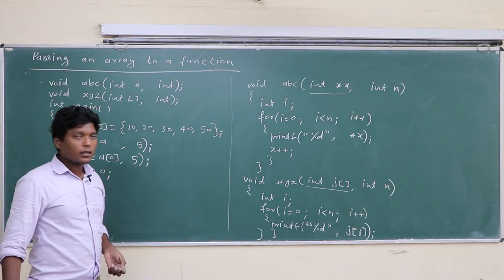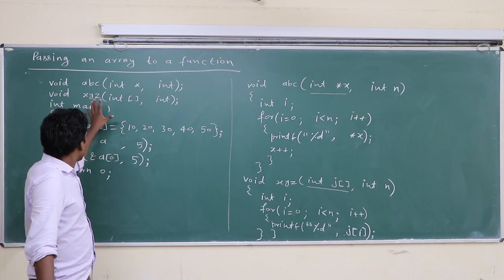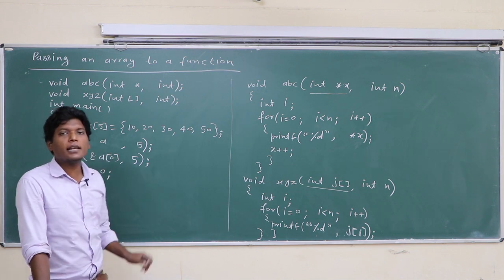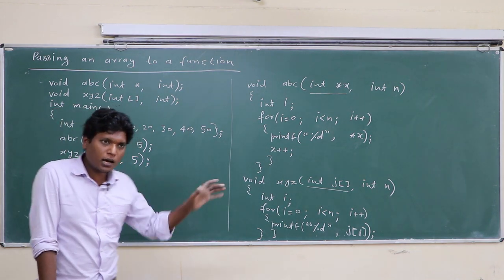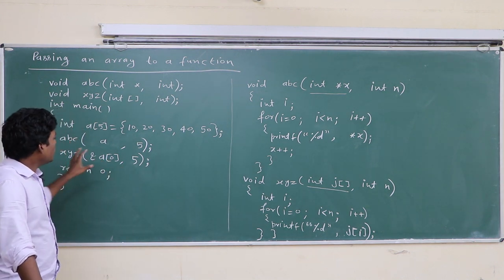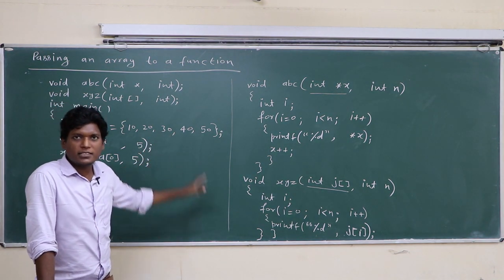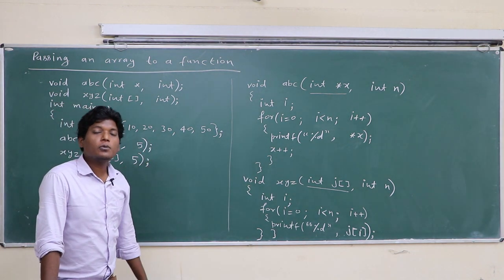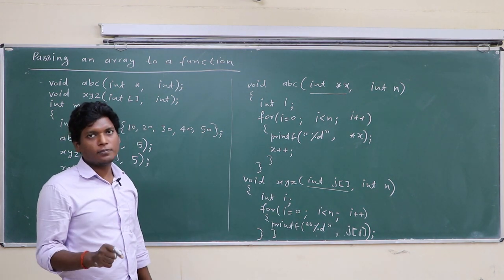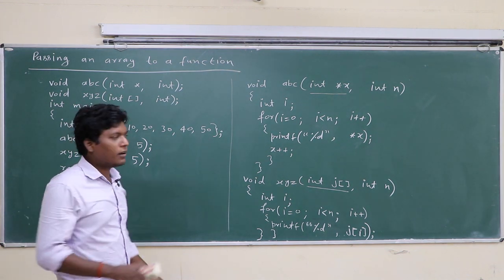Okay class, here the whole array is passed. If you supply the name of the array and the number of elements, or you supply this, it means you give access to array A. Here the whole array is supplied. You can also supply a single element of the array.